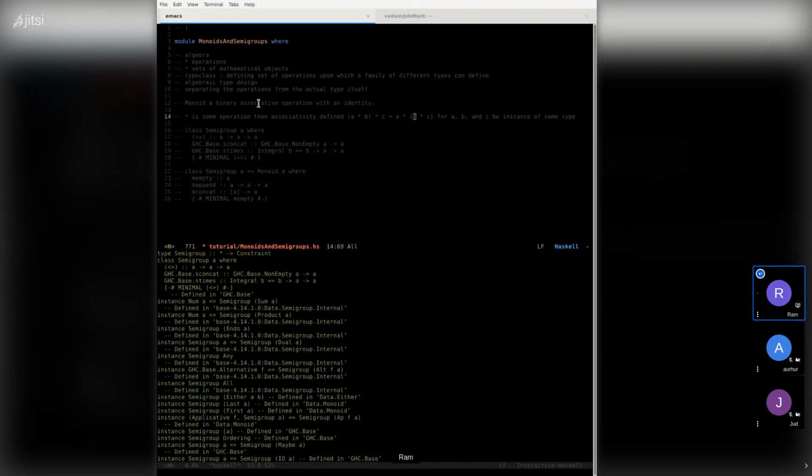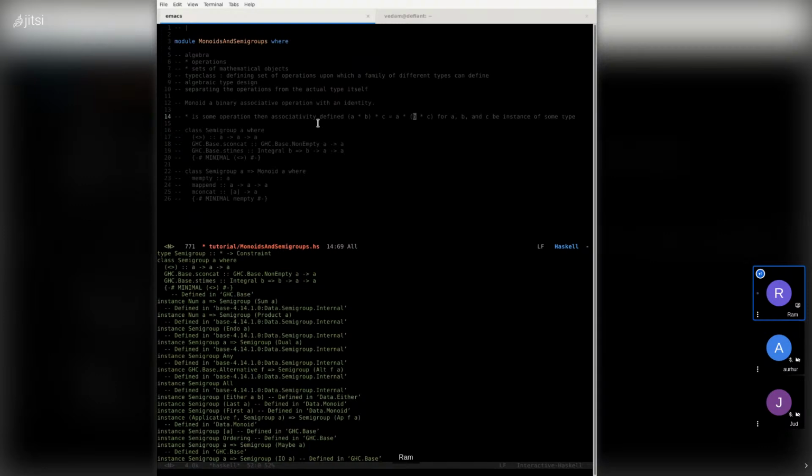That's what associativity is. You could group together particular things, and the order in which you group them will not affect the result. So that's what an associative binary operation is.